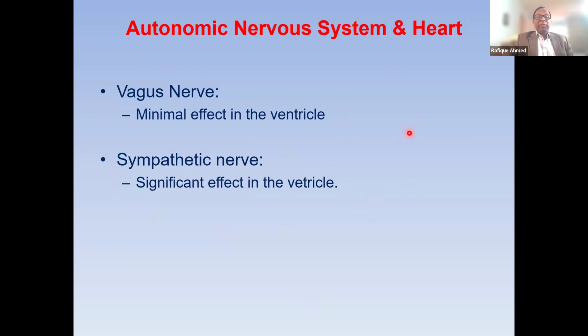And also for us, for AV block, it's important to know, because am I going to give an atropine to a patient? Am I going to give some kind of sympathomimetic agent to a patient who comes with bradycardia? We need to make the decision.